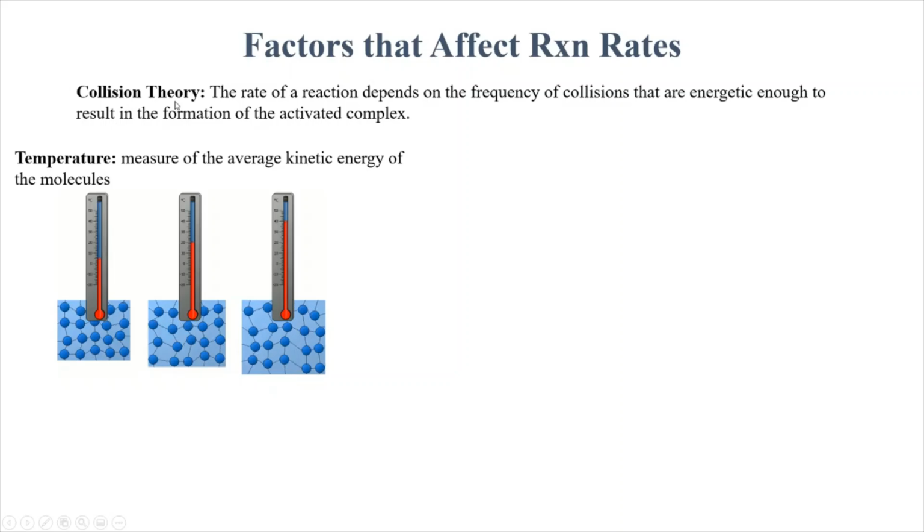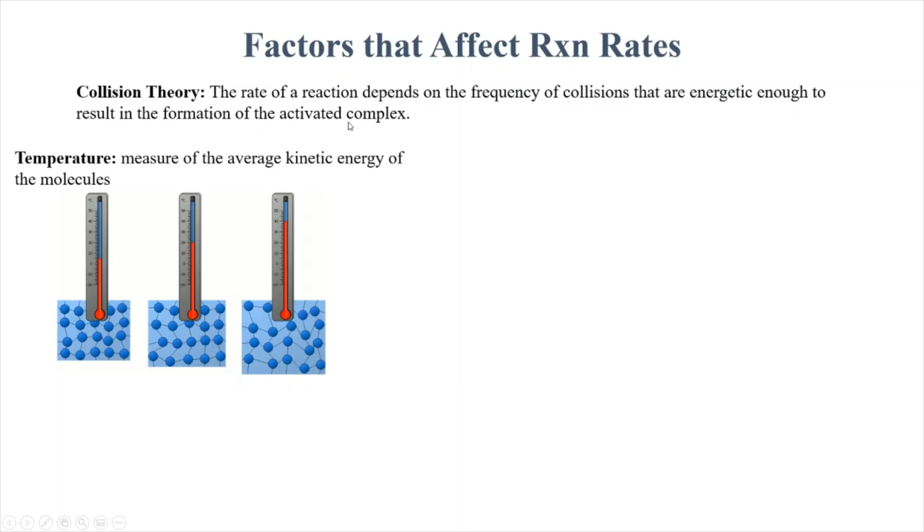Now, there are several theories that pertain to chemical reactions and reaction rates, but collision theory is one of the earlier ones and one of the more significant ones for general chemistry, because it explains reaction rates in the context of the collision of molecules or atoms that are taking part in the reaction. And what the collision theory basically says is that the rate of reaction depends on how frequently these atoms or molecules, how frequently the reactants collide, and how many of these collisions have enough energy to result in the formation